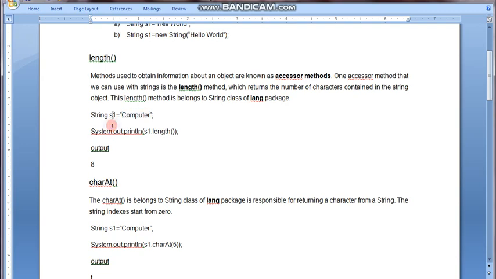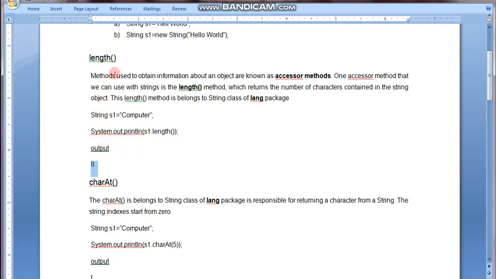So what is the simplest way of writing? I wrote here String s1 equal to computer, then at the time of printing I am just printing System.out.println s1.length. So it is printing 8 here. Why? Because there are 8 characters available in the word computer.